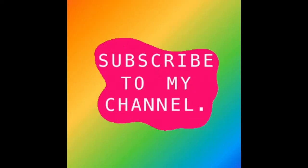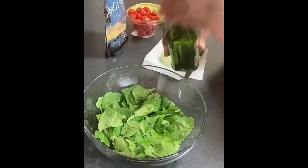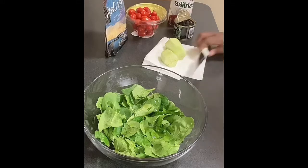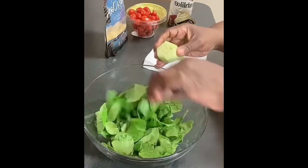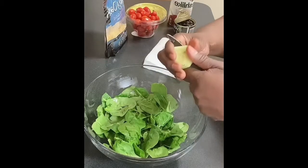Hey. So y'all, you know what I decided? I decided to make me a little tossed salad to go with the chicken. So this is what I'm doing. I always like to sprinkle a little olive oil on here. And I love to use spinach